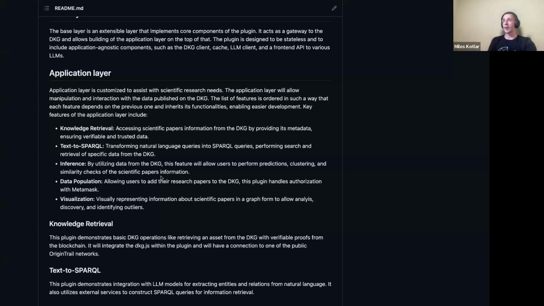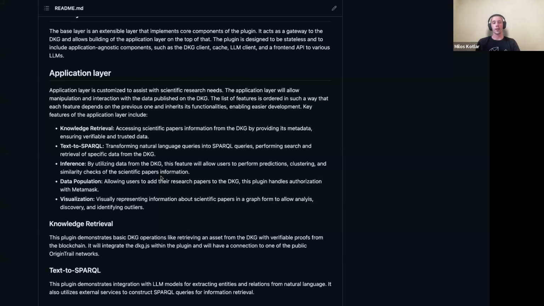We can do some kind of similarity checks and then ship it to the end user, which may be quite useful, like discovering areas that are not so saturated for further research. So I think that all of those components can improve user experience while doing research, and also save some time. All of those components should help end users try out the integration between LLMs and the decentralized knowledge